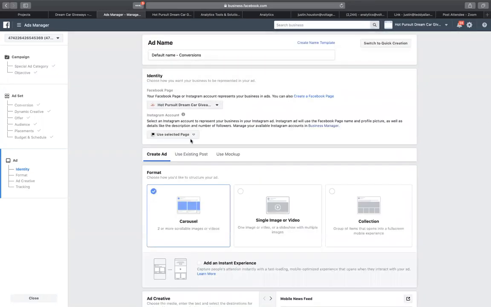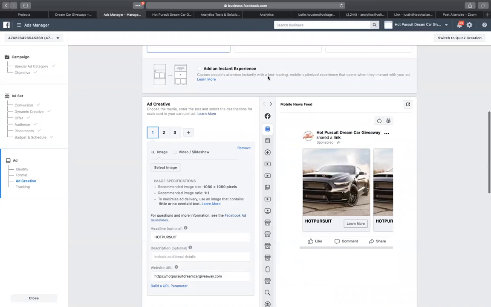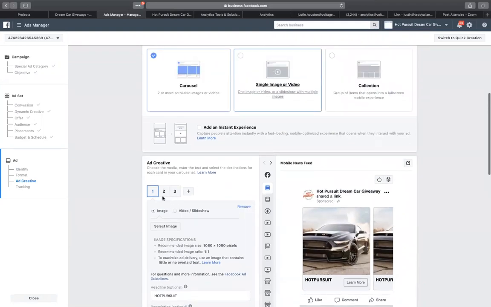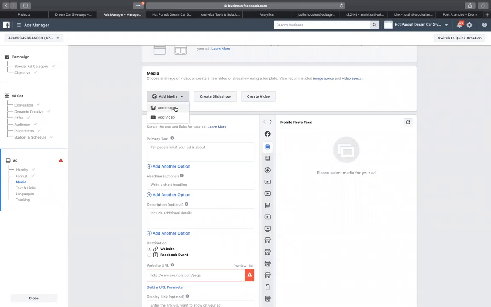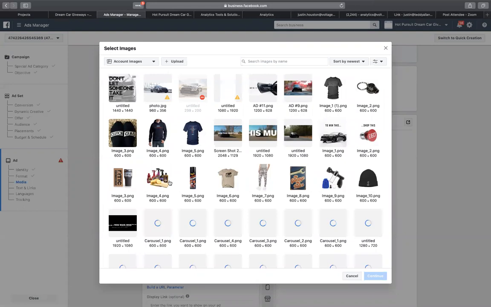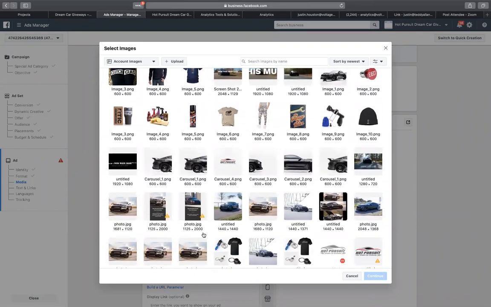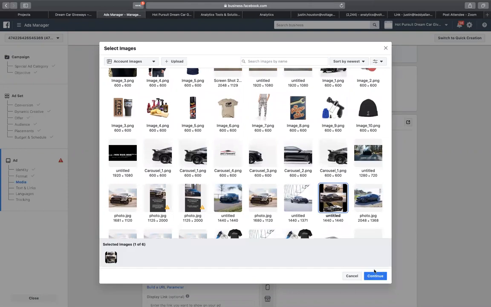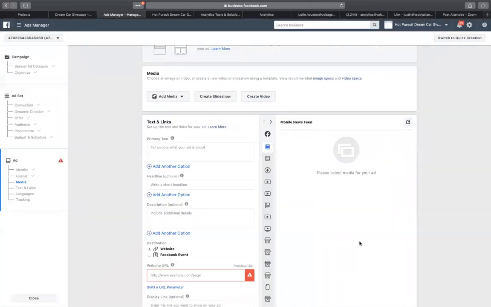So now we have this. You want to do the Instagram page, Hot Pursuit. And then we're going to do the single image of that car that we saw that got $25 purchase. And we're going to try to lower it already, because we'll have better audiences than what that originally had before. So we should be able to lower the cost. Okay. That image was this one, I believe. Yes. Yep. So we take that photo,